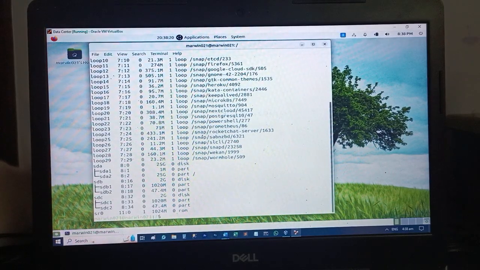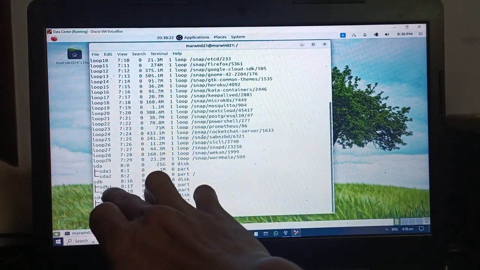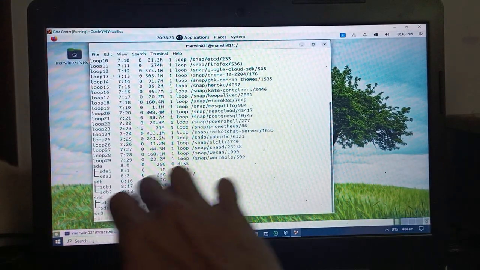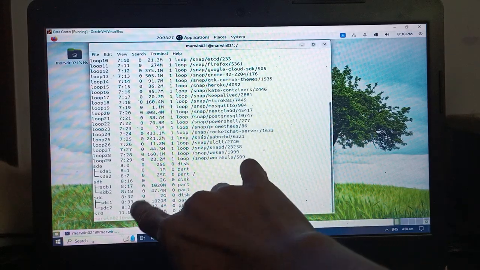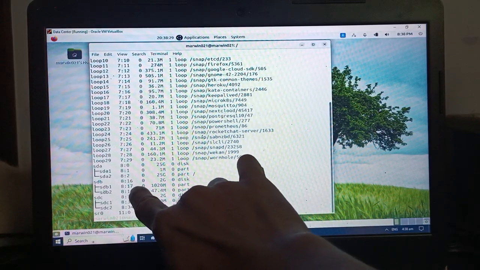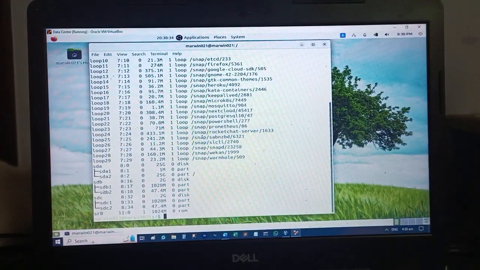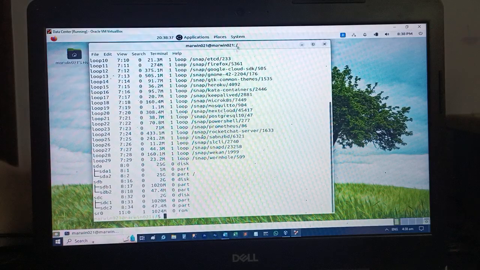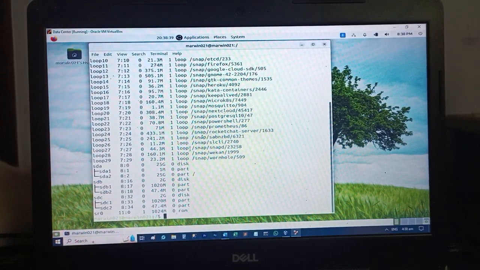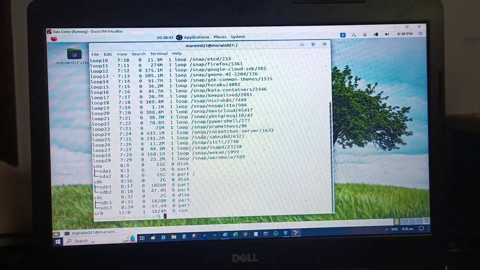In here, we have four drives of partition: SDB1, SDB2, SDC1, SDC2, SDC3. Those partitions will be used by the different parts of the organization.